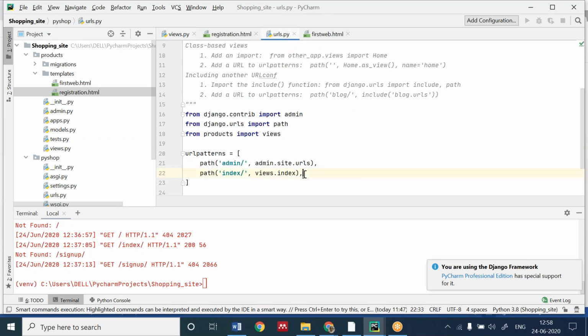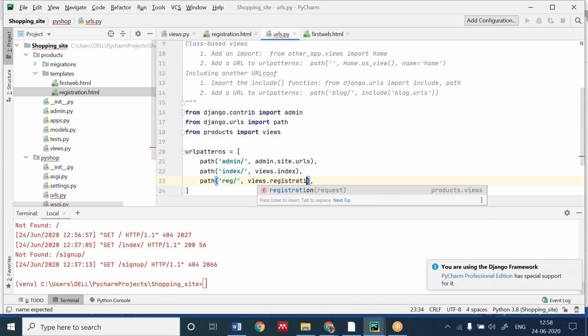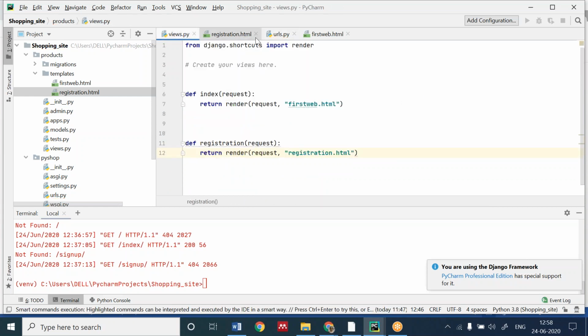Now I have to make a URL for this. I create a URL. In this, I want that when it has reg as the name, it should open and call the function registration. This is the function, I suppose.